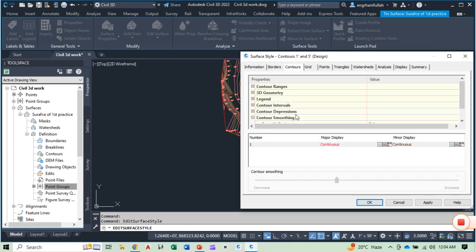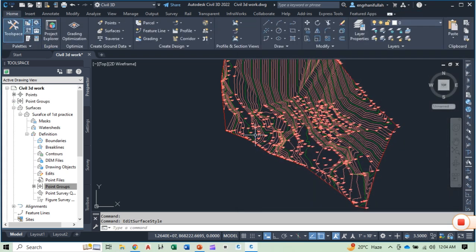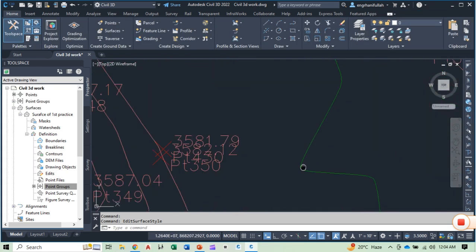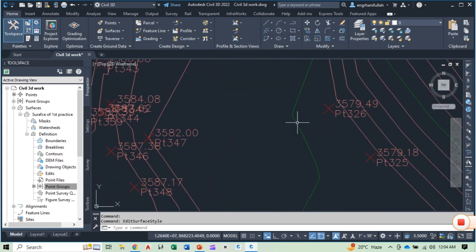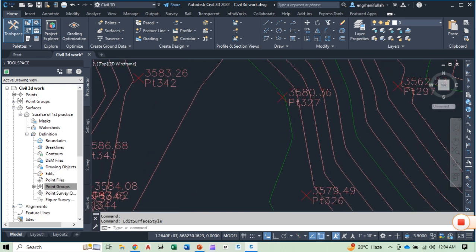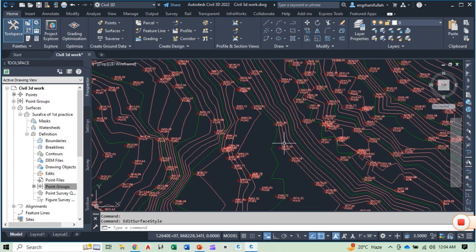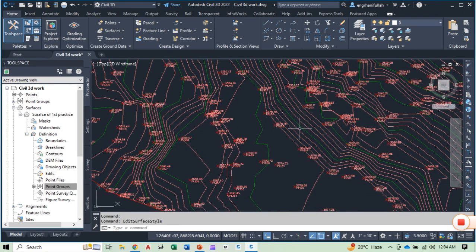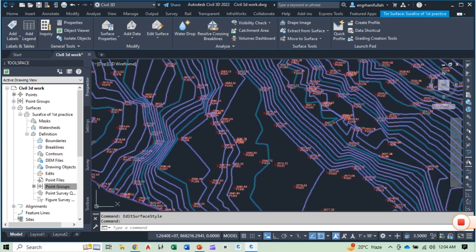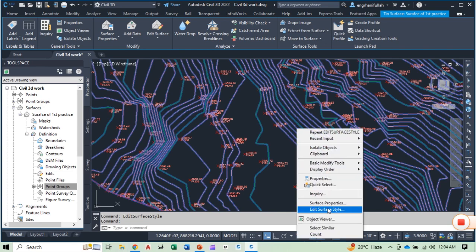Click on this and then change false to true and apply. Now you can see that these corners are now somewhat smoother than the previous, but you can increase the smoothness from the same setting, like